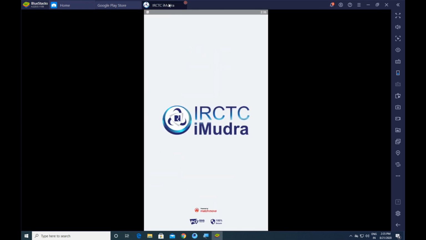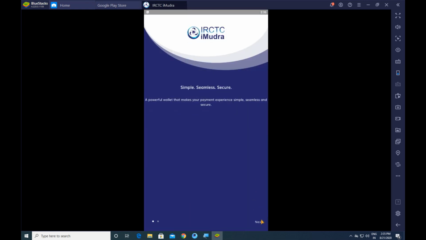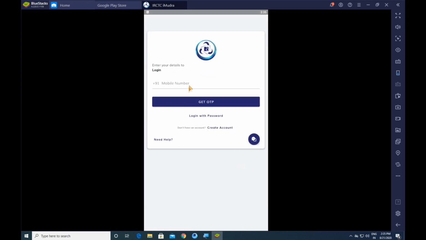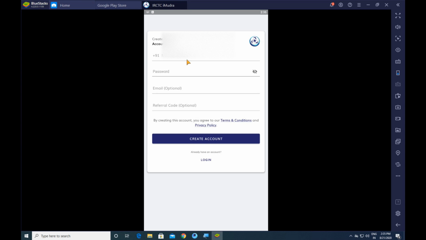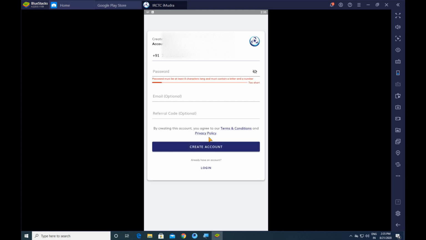Guys, please fill in your original details because there is no problem in it. And it asks for a valid ID proof, which you can submit also. Let us know what the iMudra app is. iMudra is a finance app of Indian Railway Services which provides us a free wallet and a digital or virtual debit card so that we can use it in Amazon Web Services, in which our account will be registered.